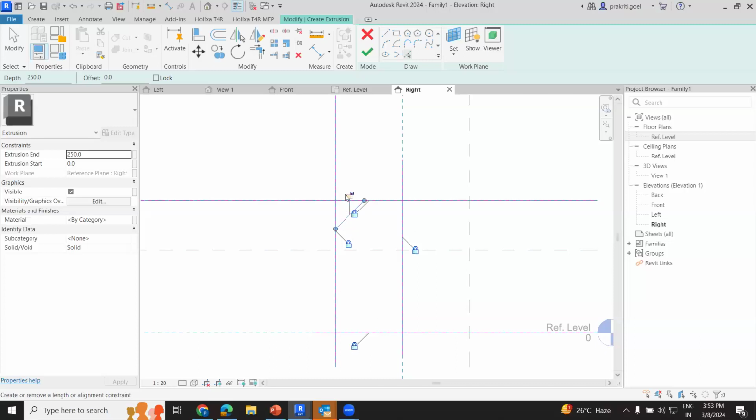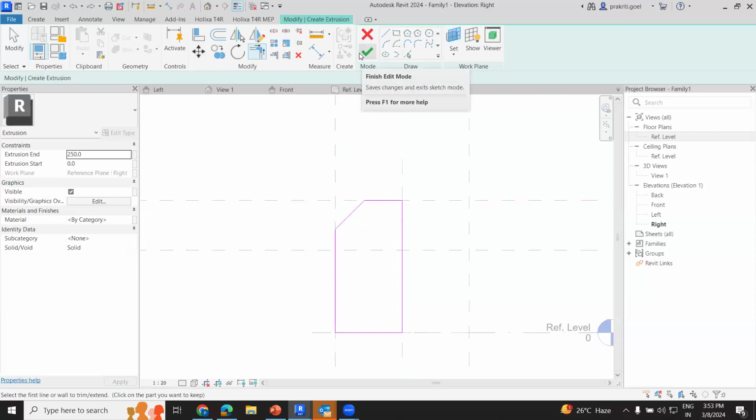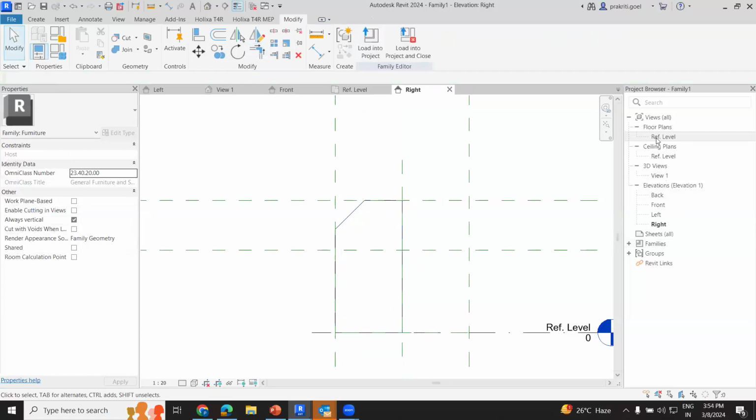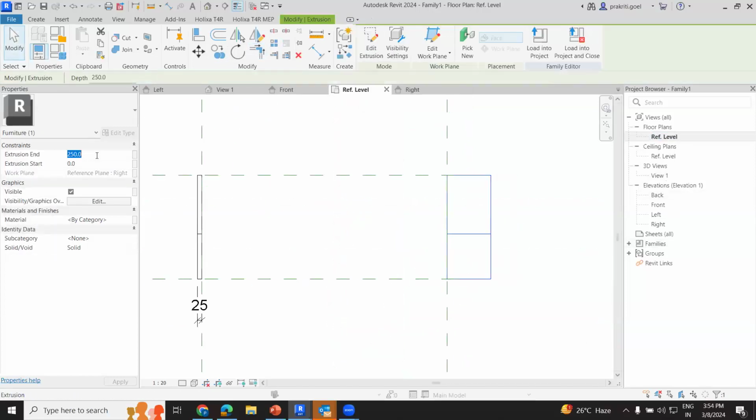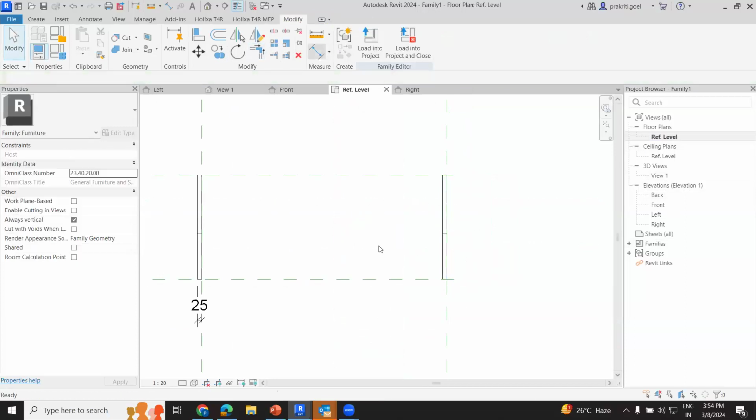So I'm just using the pick line and the lock system because I've created one partition only. I'm just using the lock command to lock the sketch with the previous geometry, so that when the previous geometry changes, this current new geometry also changes, right? Like this. And I'm changing the